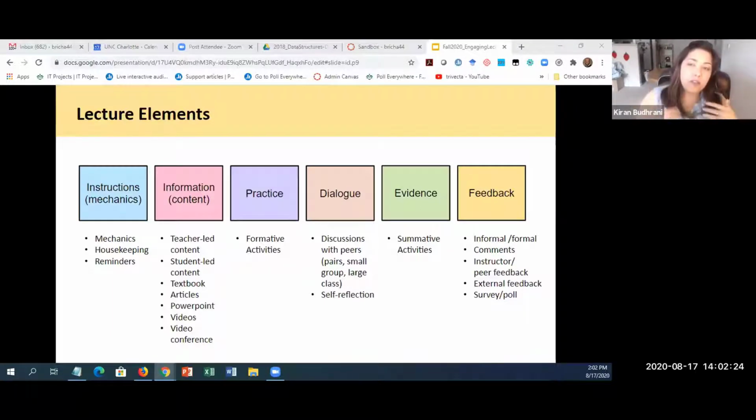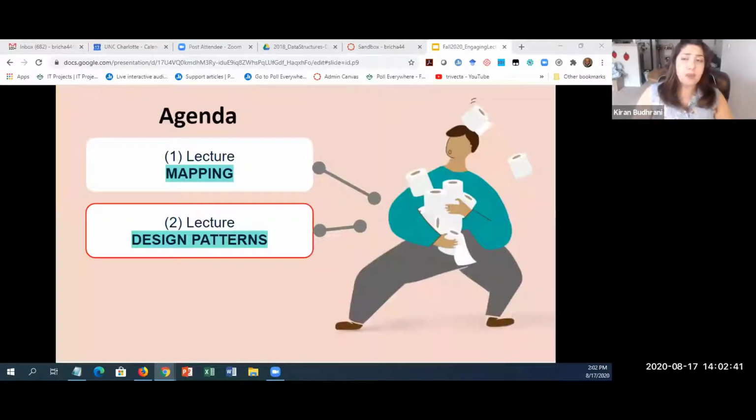So I want you to think about these pieces, because once you detach yourself from your lecture as what you do and think of them as elements, then you can easily plan and change as the semester goes by. In this presentation, we're going to show you 6 design patterns that actually will show you different ways to organize these elements so that you can have more interactive and effective lectures. Bruce, all yours. Thank you.